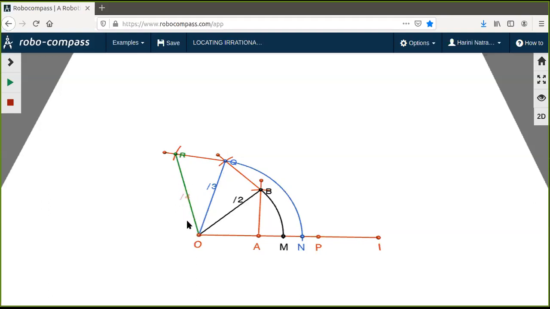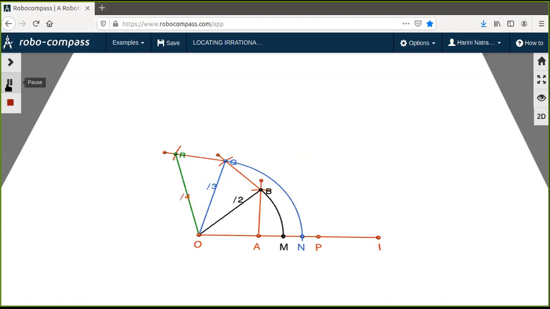So when I take this length OR in my compass and bring it down to the number line, it should exactly pass through 2. So this is my 0, this is my 1, and this is my 2, and this is my 3 originally on the number line. Now, when I bring root 4, it should exactly coincide with the 2 on the number line because we know square root of 4 is 2. So let us see how it is coinciding there.